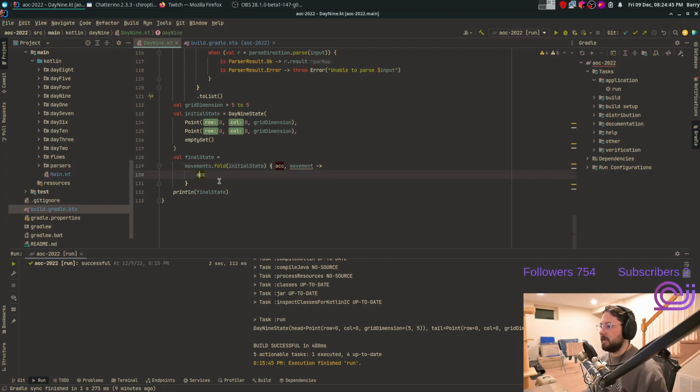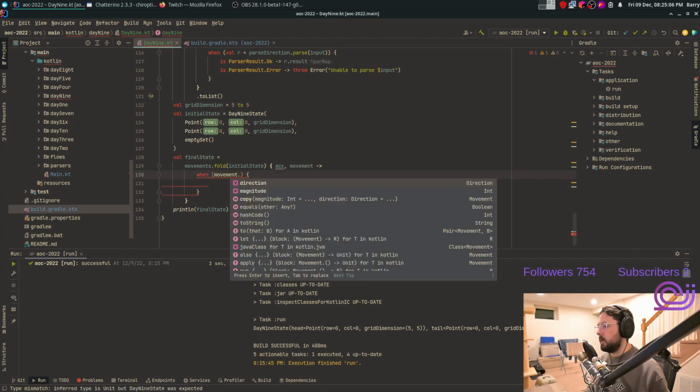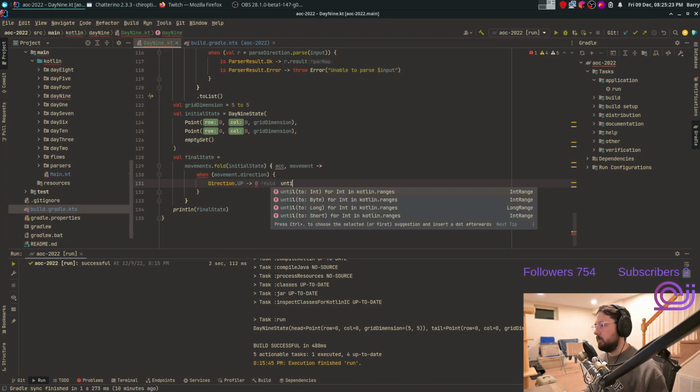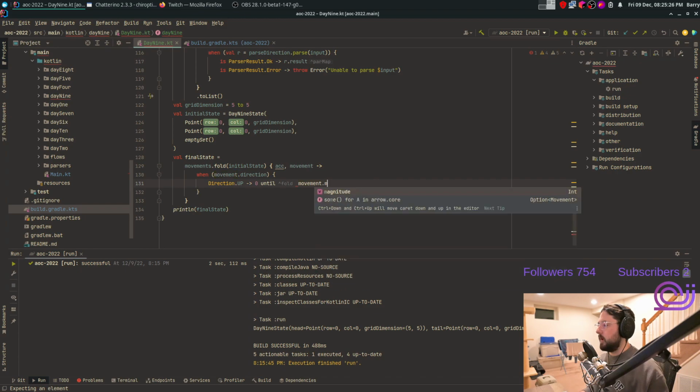And so we should be able to say, that sounds really dumb. We should be able to say when movement is direction dot up. This is like movement dot. Okay. So we have a direction and a magnitude. So this is going to be direction dot up. And we basically want to apply it n, the magnitude, number of times. So we're going to say 0 until movement dot magnitude